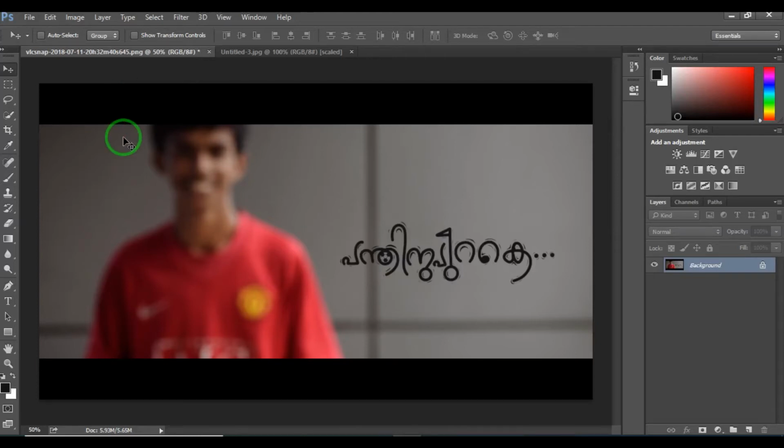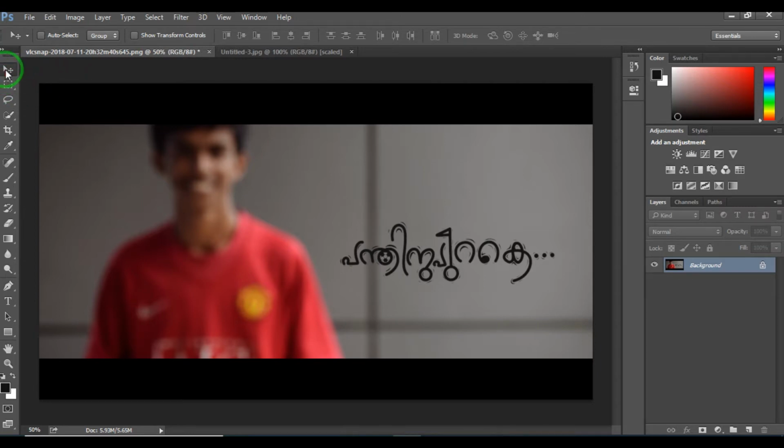Hi all, in this session we are going to discuss the basic selection tools in Adobe Photoshop. So right here I have opened two images, and on the right hand side you can see the layer panel. Any changes we are going to make in the layer will be reflected in this layer panel, and on the left hand side you can see the tool panel. The most commonly used tools will be displayed here, and this session will be discussing the basic selection tools.